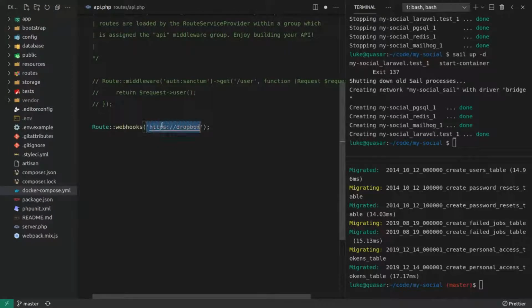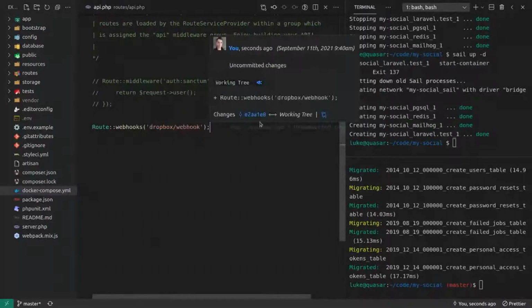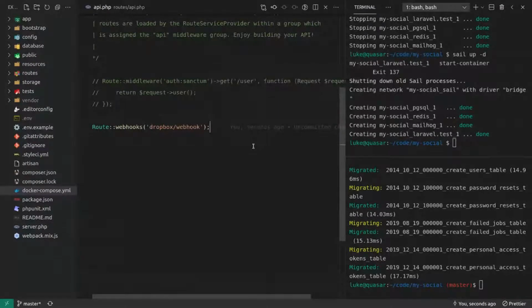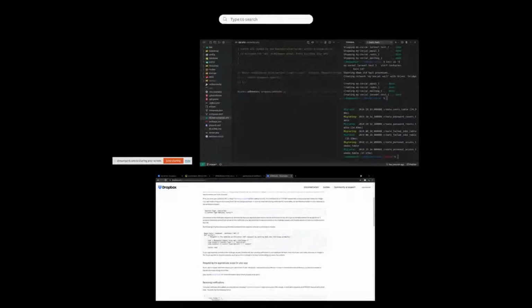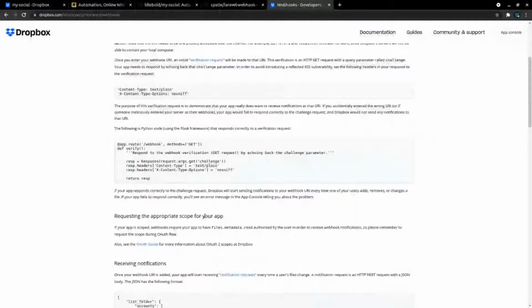And we don't need the beginning there. We just need to say, for example, it goes to Dropbox/webhook for now. Keep it really simple. And then what do we do? I mean, we need to do a response to that. So where's Spatie basically allowing me to respond to that?